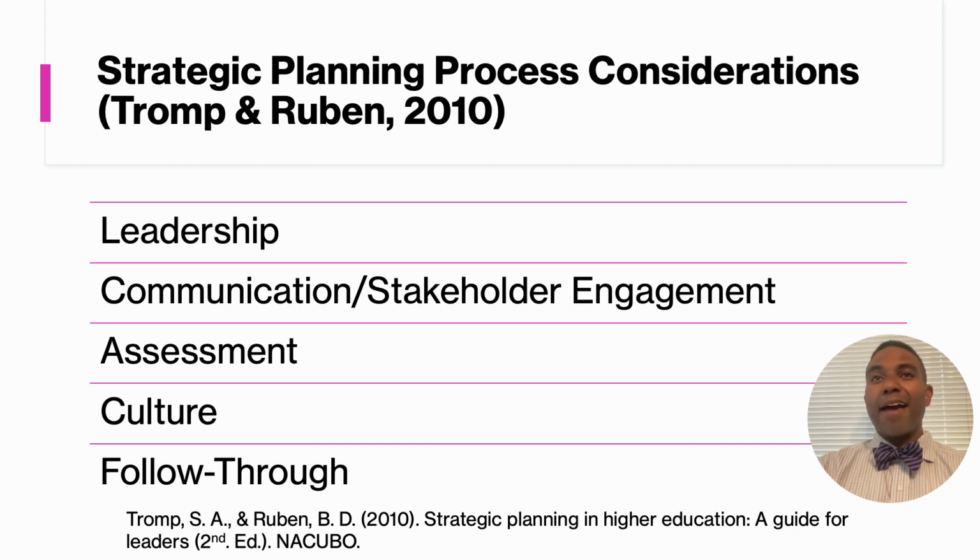If you don't have those pieces in place, it can really make your plan less effective. And so as you're designing it, are you designing it with SMART goals? Are they specific, measurable, actionable, realistic, timely? If your goal is, let's do a better job at academic advising, what does that mean? How do you do a better job? Have you even figured out if you need to do a better job? Maybe you're doing a great job, right? So you've got to be specific in figuring out how you're going to assess things.